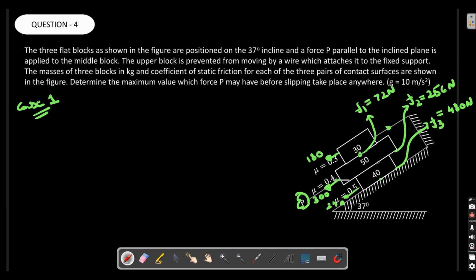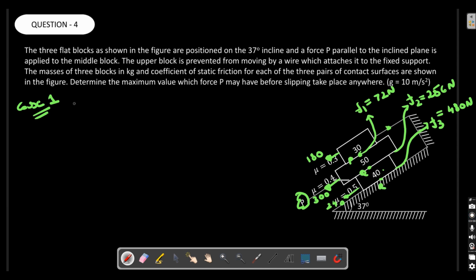together. So there is slipping here and here, right? And in the next case, this is at rest, this is at rest, and only this particular block is moving. This is case 2. In case 3, there is relative slipping at all 3 places. They asked for the maximum value of P for which we may not have slipping, right? So for that, we need to take 2 or 3 cases and then solve it. If we get the correct answer in any one case, we need not do the next case, right?